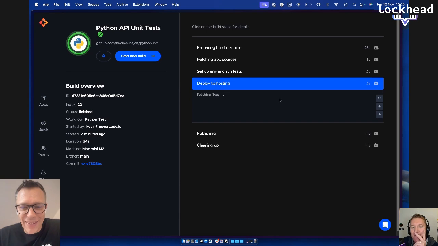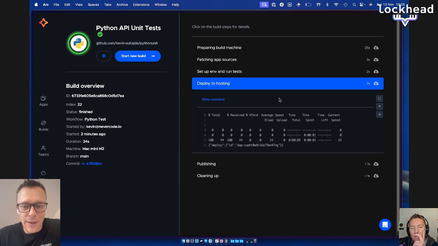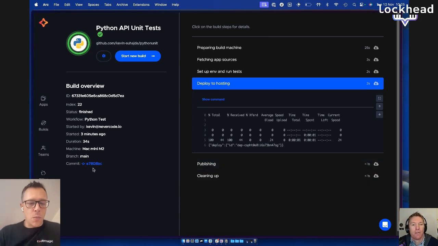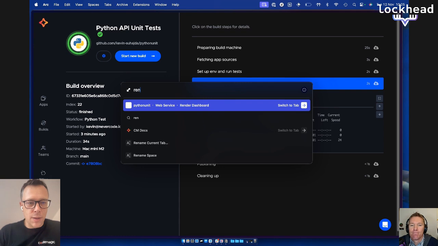Yeah, okay, that's cool. And then it did the curl command using my key, and it uploaded it. And then this publishing is basically a step that we always run. So this is normally where we gather artifacts. So this is part of Codemagic. And then somewhere, if we can find it,